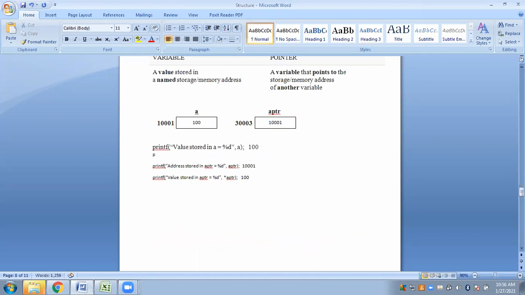Let me write down another printf statement so that you don't get confused. Here I have written address of a.